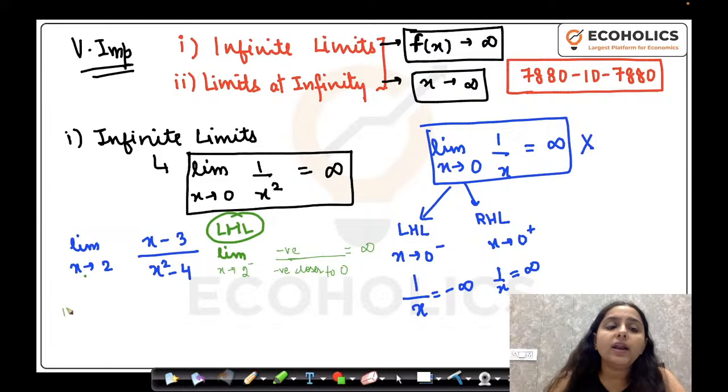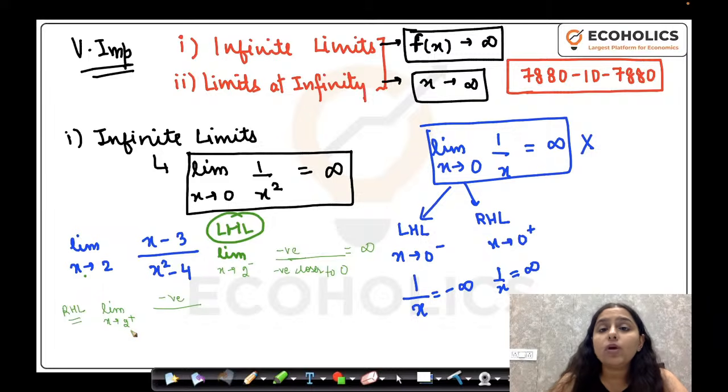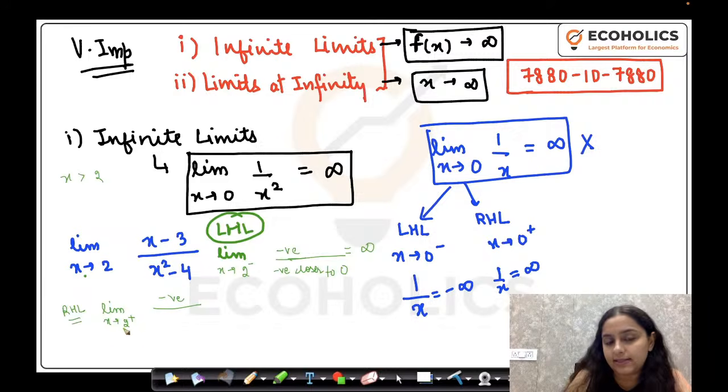But when I talk about right hand side limit, so in right hand side limit, limit x approaches 2 plus, so x minus 3, x square minus 4, that's what we have to study. So again, if you have a number little bigger than 2, let's say 2.001, so that minus 3 will still be a negative number. But because now you have a number little greater than 2, so the square will be greater than 4. It's very simple. देखो x is greater than 2 on right side. So x square will be greater than 4. So x square minus 4 क्या आ गया? A positive number closer to 0.